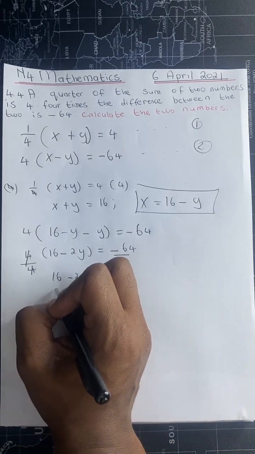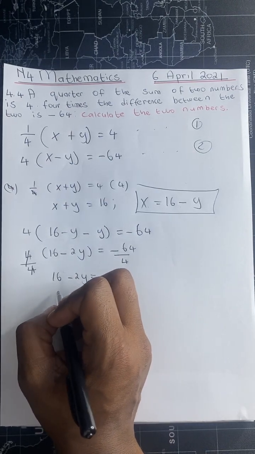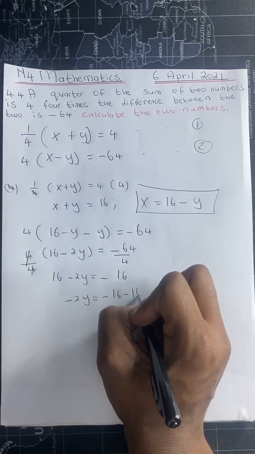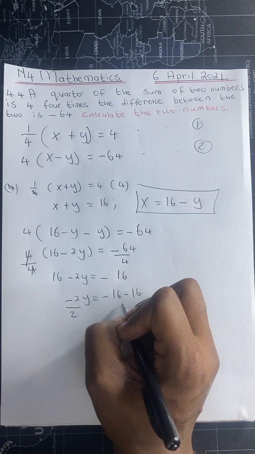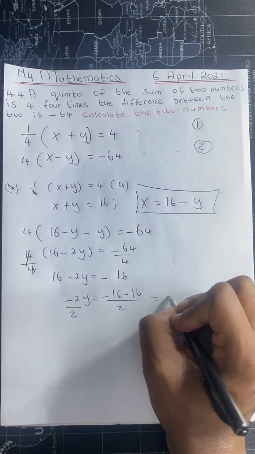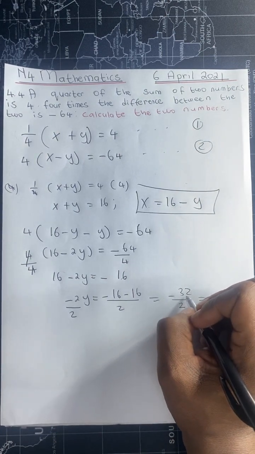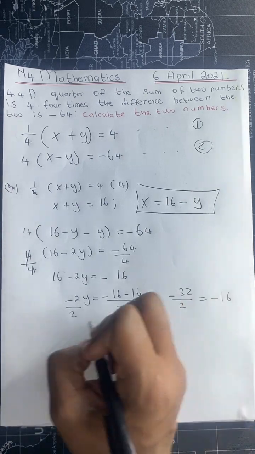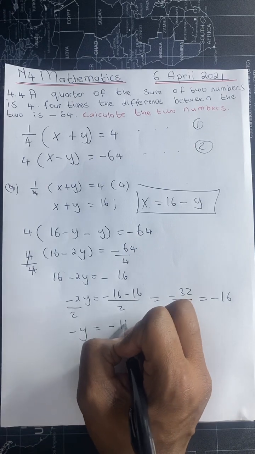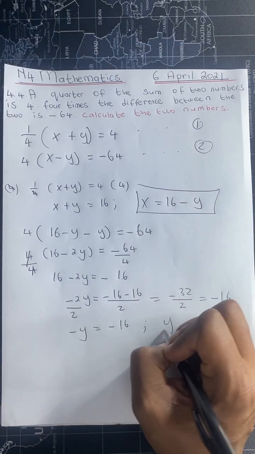So we take this 16 to the right, it's going to change sign from positive 16 to -16. We divide both sides of the equation by 2. So -16 minus 16 is equal to -32 over 2, and -32 over 2 is equal to -16. So negative y will be equal to -16. So we divide both sides of the equation by negative, so that y will be equal to